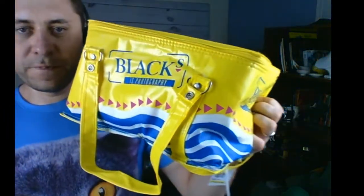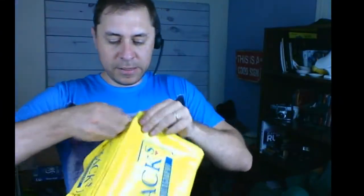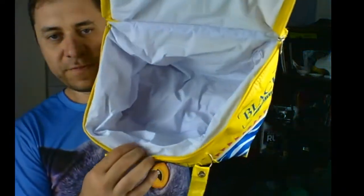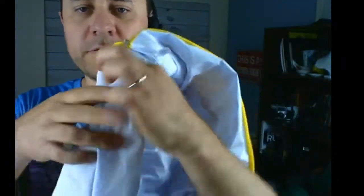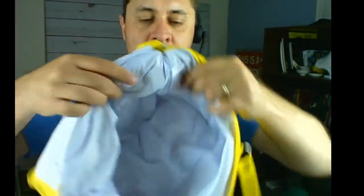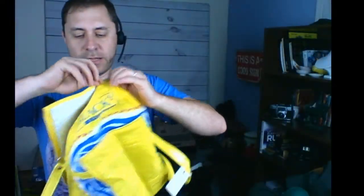Okay, and this is also a nice bolo item. This is vintage retro vinyl, very cheap plastic. It's a camera bag, but it's a very cheap bag. Inside it's actually very nice and clean. Inside just has a vinyl. This one is made in Taiwan, so that tells me it's vintage, but I think I had ones made in China too. So these bags, they are made to look like a pack of